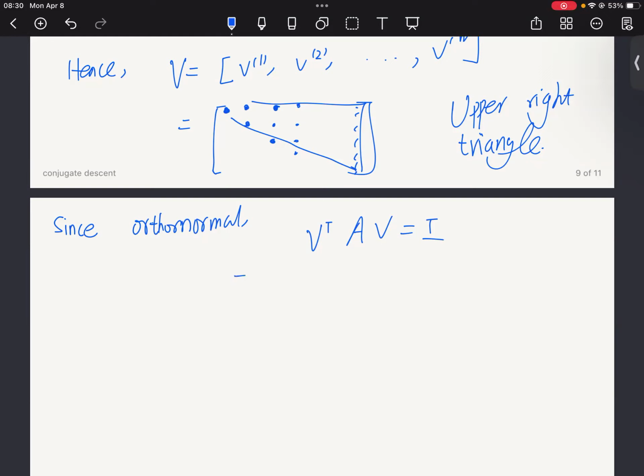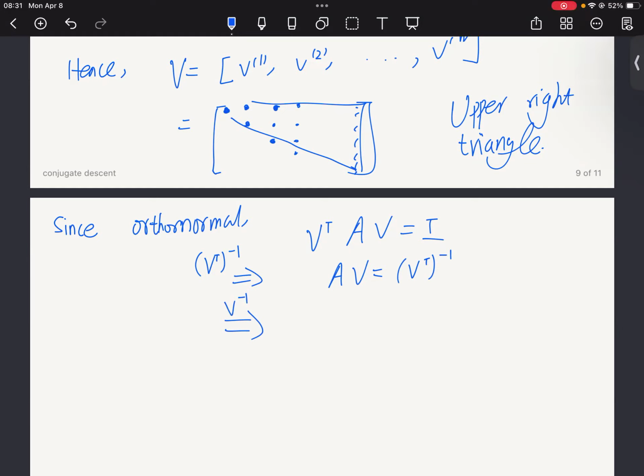So let's see. And that's the things. And then we are going to take the V transpose inverse on both sides. So I'm going to multiply the V transpose inverse on the left here, and then to the left here, and then I got AV equals to the V transpose inverse. And now I'm going to multiply another thing, the V inverse, to the right,